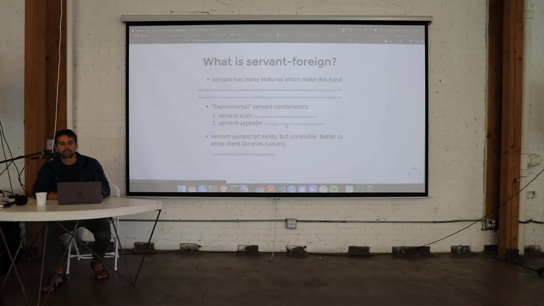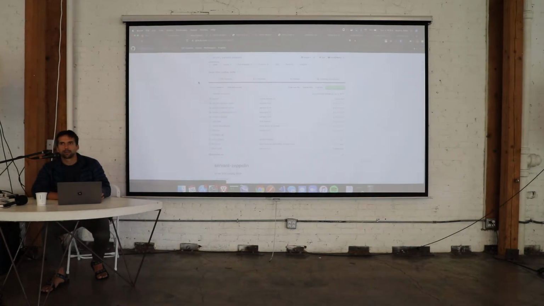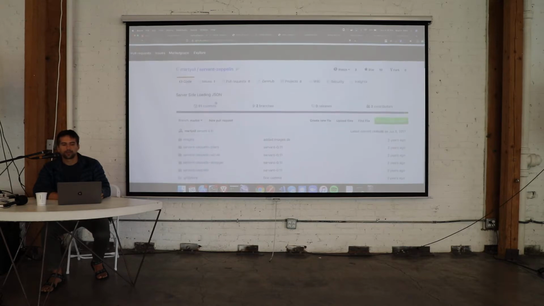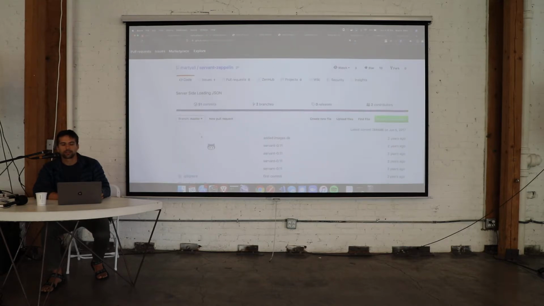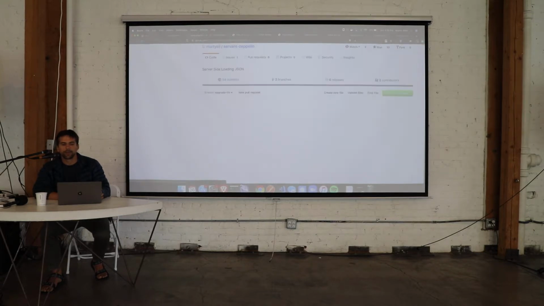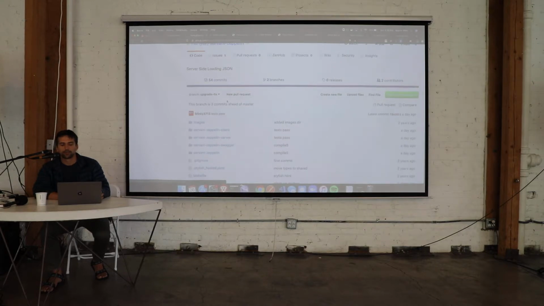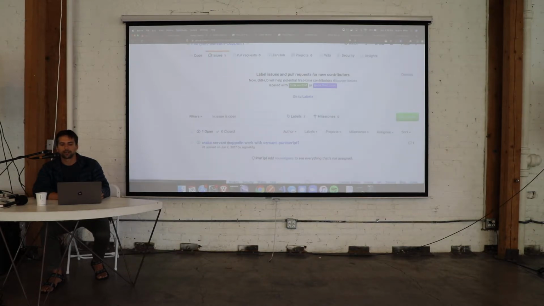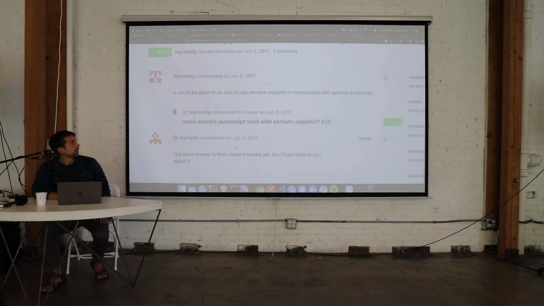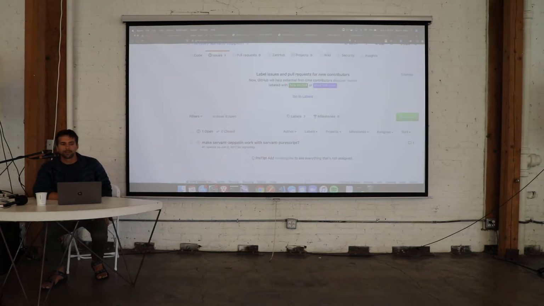I always plug my own stuff whenever I can. So I wrote this pretty cool experimental Servant library like 2 years ago that nobody ever used, but it's actually the first introduction I got to PureScript, because when I wrote it, the only person who ever responded asked me if it worked with PureScript, and I said, I don't know, I'll have to get back to you, and that was like 2 years ago. So I still don't know if it does or not, but it probably won't, because this is a cool